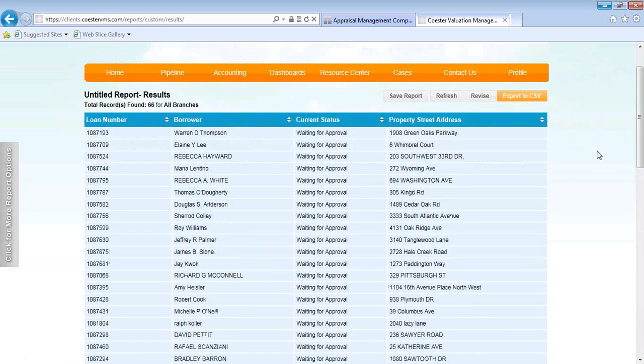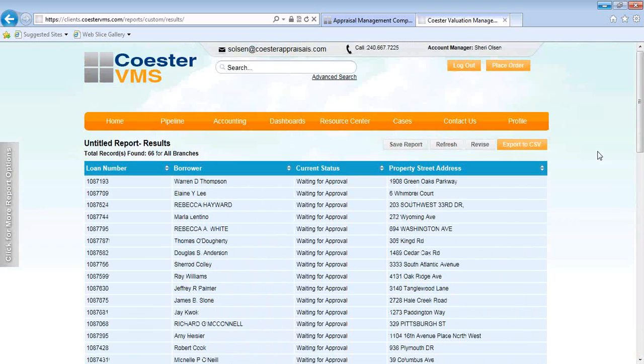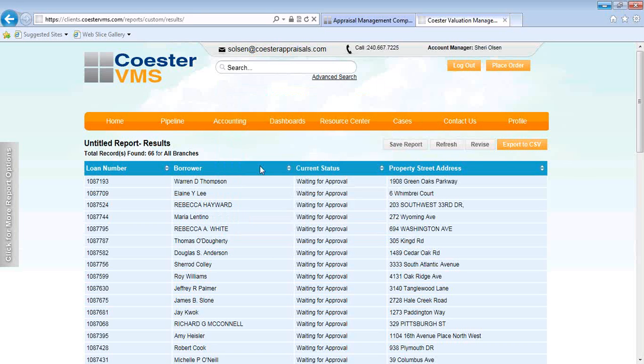So we have 66 records found that are waiting for approval for this particular client. Now, if you would like to work from this list and maybe print up something, you can select Export to CSV file, which is going to be an Excel file. And you can open it or save it to your desktop. And it's going to want to open your Excel file, and you can print from there and work from that. And that is how